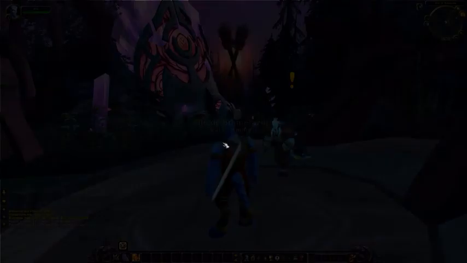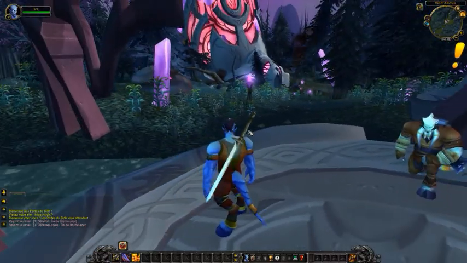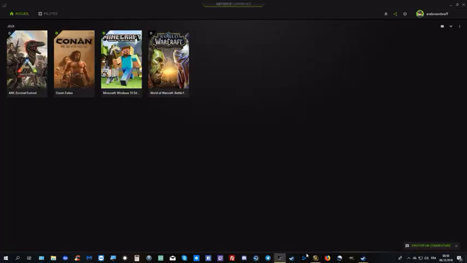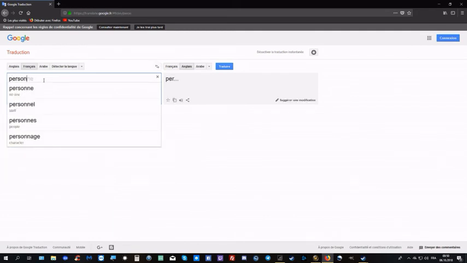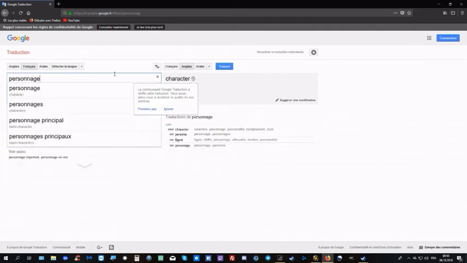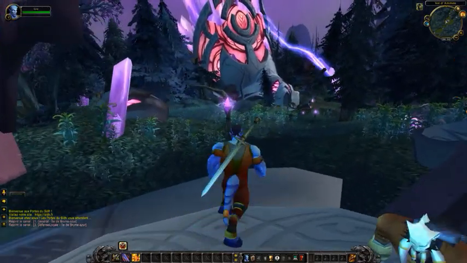So I make a new personnage. Comment on dit personnage? Personnage. Let me see. From French to English. A character. Okay, a character. Well, so I made a new character. Is a warrior,